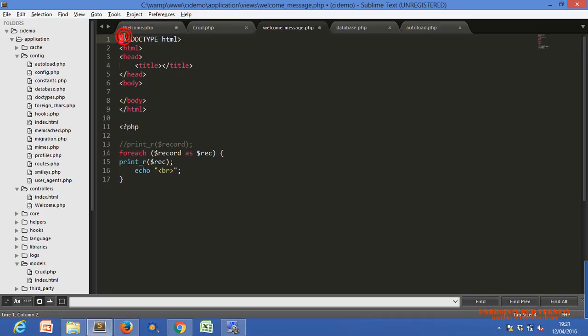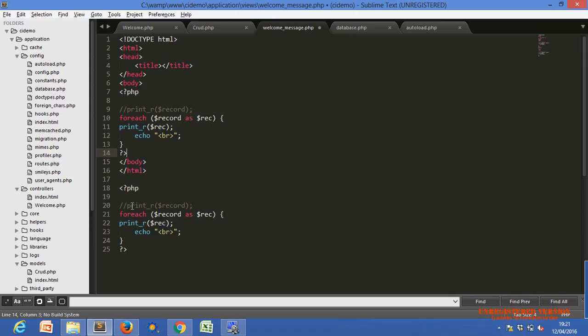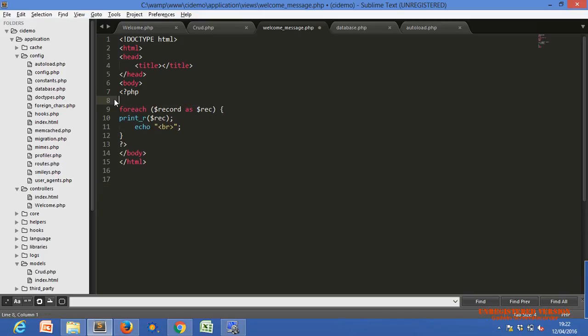HTML, and within the body we have used code. I'm going to write the same code we wrote in core PHP.